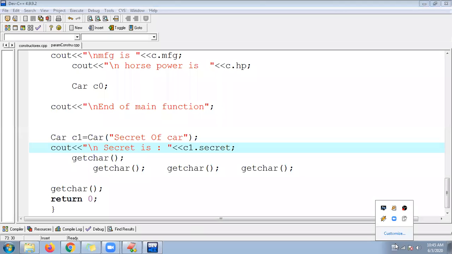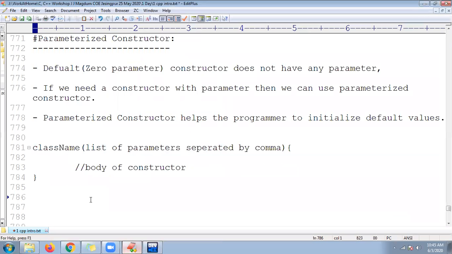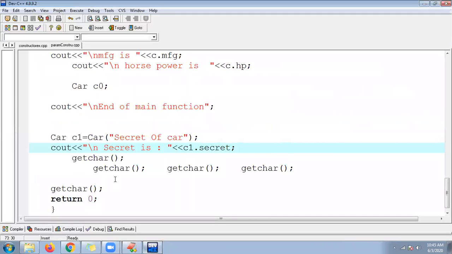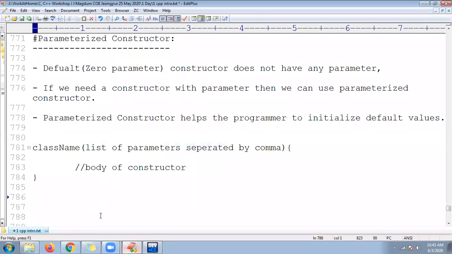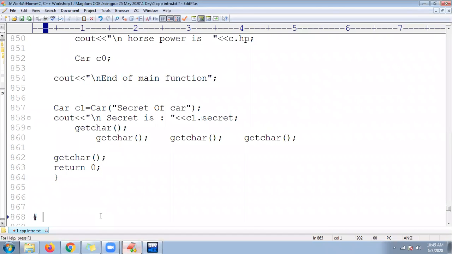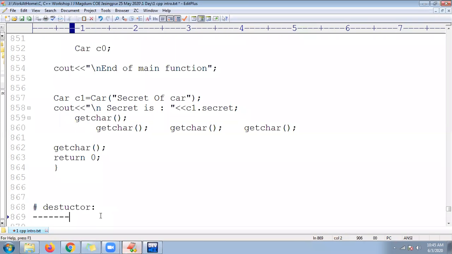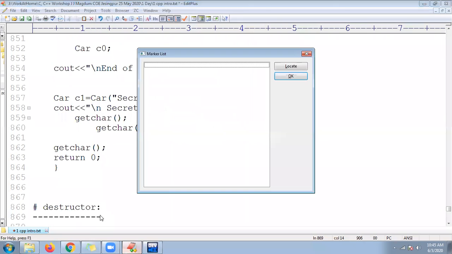So now we shall see about the destructor, the class destructor. Let me have that program. Control A, Control C for your reference, for your notes. Control V. I want to show one more point. Destructor. Like constructor, there is one more concept. Destructor. The name itself indicates it. What is the purpose of a destructor, guys?